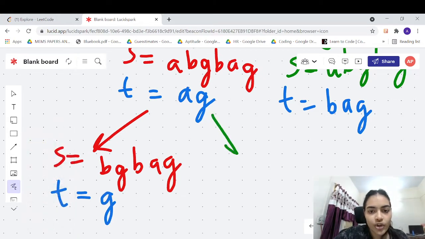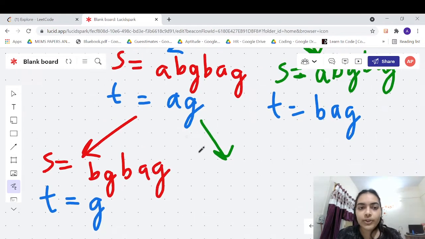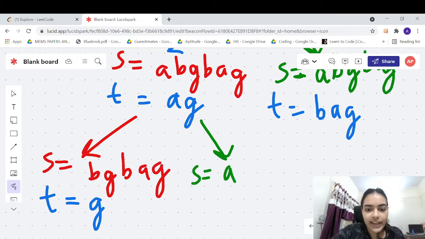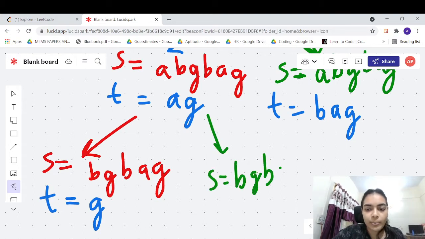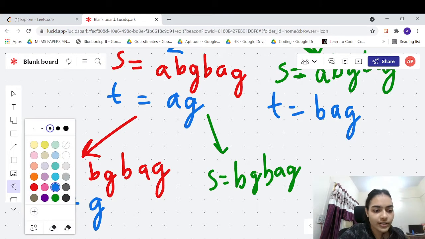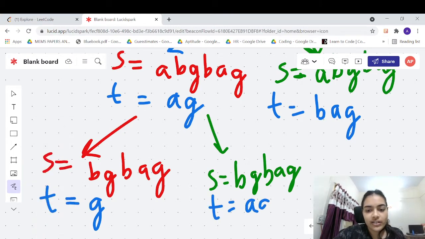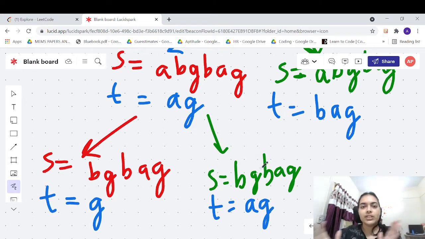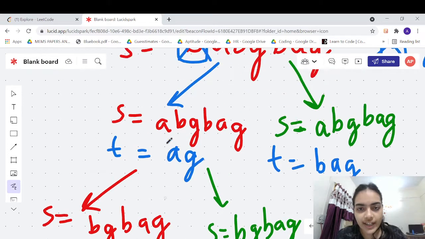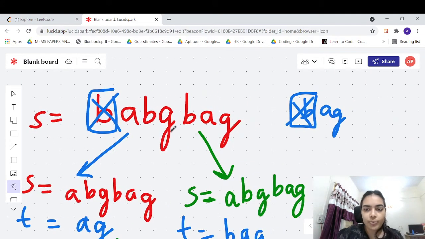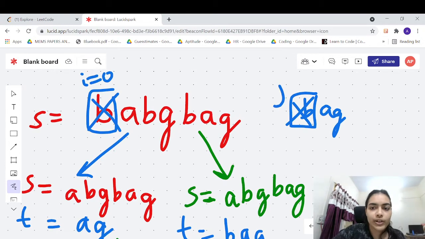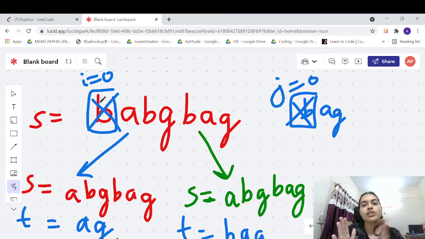You can still take the other choice where you need not take this particular A. You can take some other A which is part of the string later on. So the second choice that you will make is, from the remaining characters, you will try to make up the same string, which is AG. So T remains the same, but your S gets reduced. It's like shifting indices. Let's say we are starting with the first index of both. Here we are starting with I equal to 0, J equal to 0. At each step we are also moving I and J.